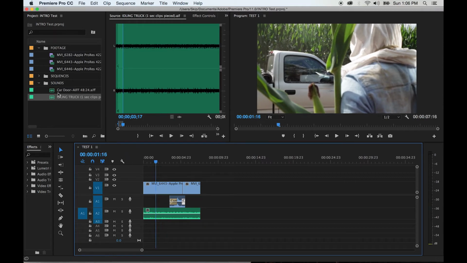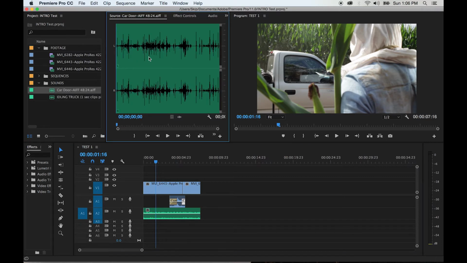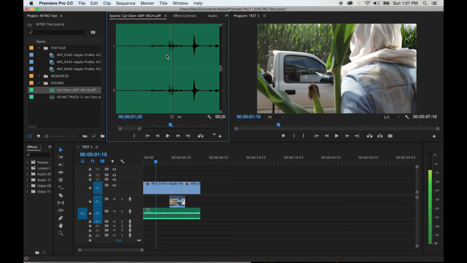Okay? So I'll come up to here, I have my car door sound. And if I enlarge the waveform and hit play, that's a door open. And I can see it corresponds exactly to where the waveform is. And I'll use my right and left arrow keys again to find the beginning. Where does the first sound of the door opening occur? Right about there. I'll create my in point by hitting I, out point by hitting O, and this time I